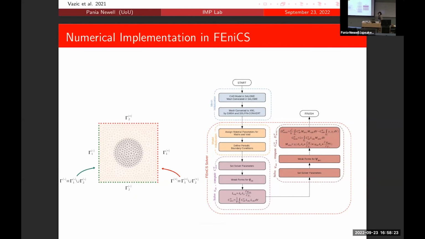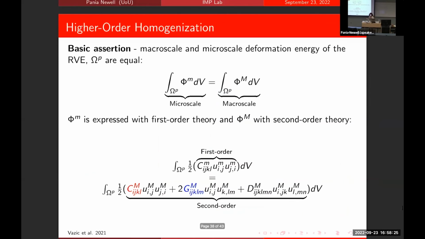Pania, if I may just ask you about the higher order tensors, I'm presuming you're using strain gradients there, right? Yeah. Has there been any consideration at the macroscopic scale to the energy respecting the symmetries and other things, or would that just come under restrictions of the types of tensors that you're considering? So we wanted to make sure that we are not breaking any thermodynamics laws and everything is conserved. Those created a lot of constraints, but we consider them, if that's the question that you are asking.